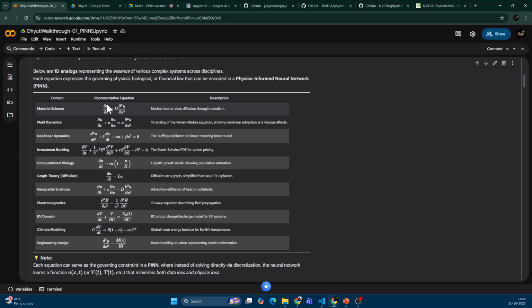Now, what informs a PDE is, of course, the initial condition and boundary condition, if it's an initial boundary value problem. And if it's a boundary value problem, you only have the boundary condition. If it's an initial value problem like the Duffing oscillator, it is just the initial condition that is of importance. And the other caveat that is important to understand is that, along with having this physics knowledge, I have some partially observed data also. I'm not asking the neural network to guess out of thin air with some initial constraints, but I'm also saying that, see, along